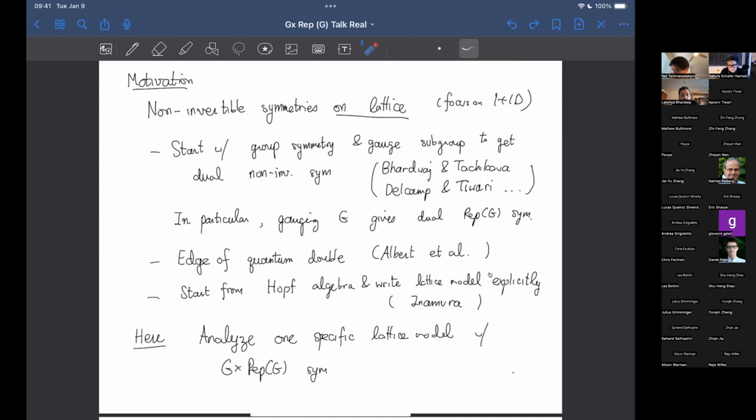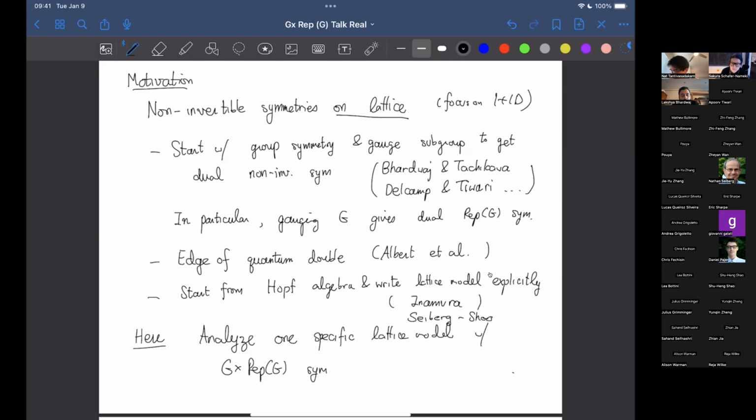Another way you can analyze this is to start from a Hopf algebra directly and try to write down a lattice model. The reference I know was first done by Sansei here. There are also some other works which go beyond Hopf algebras. For example, I forgot to write down the one done lately by Nadi and Shuhang, which does this for the Ising symmetry on the lattice. Okay. So here, the goal of my talk is to just analyze one particular lattice model,